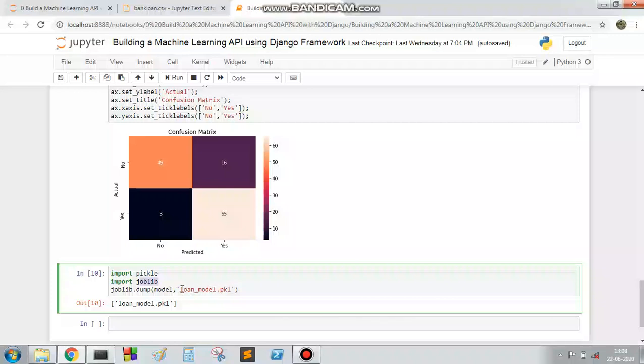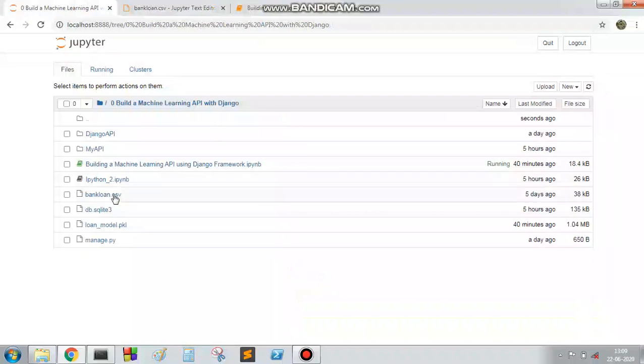In this case, the file is loan_model.pkl. This will save our model in our present working directory. After execution of this line, you will get, here look, the loan_model.pkl model already formed and already placed in our corresponding working directory.